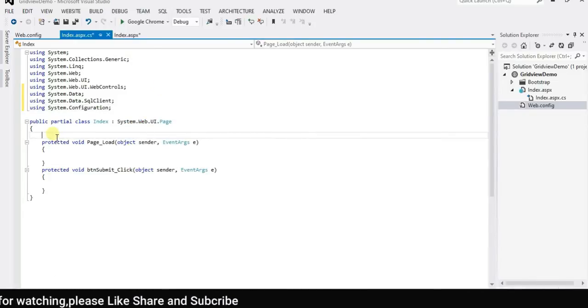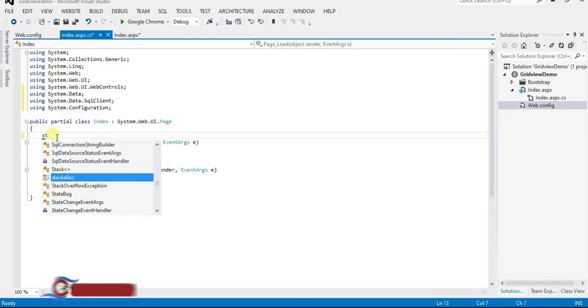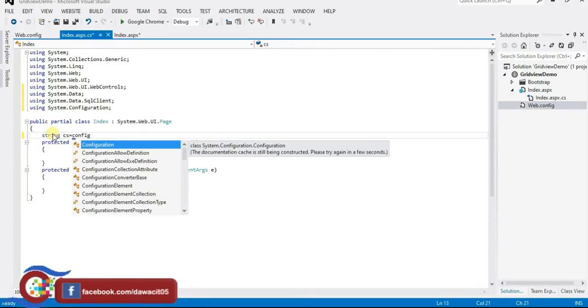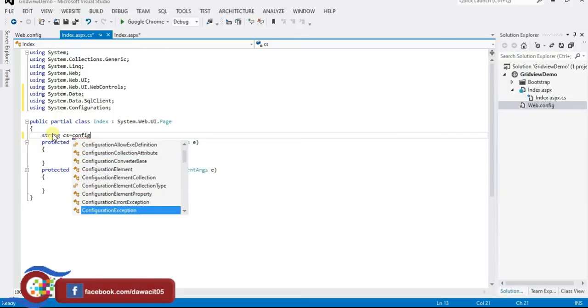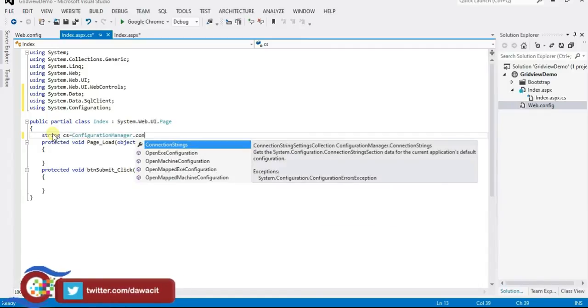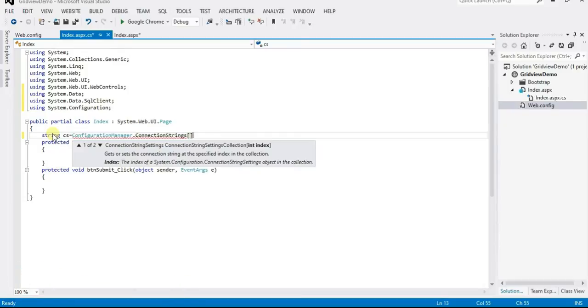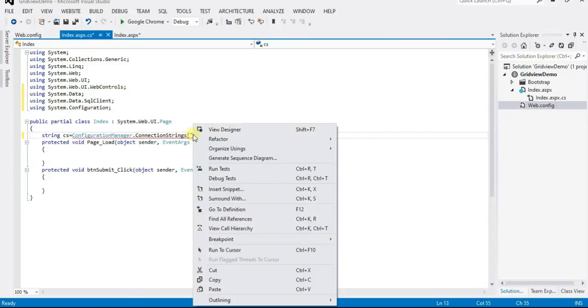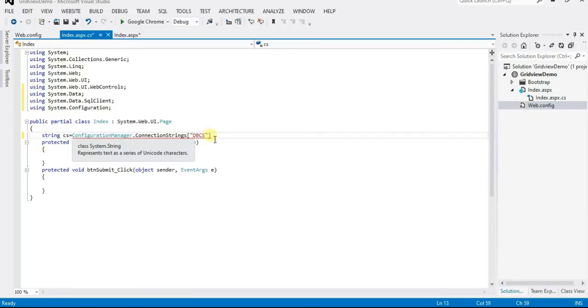And now type here a string variable named CS equal to ConfigurationManager.ConnectionStrings, and type here the connection string name, this one. Paste. Dot ConnectionString,